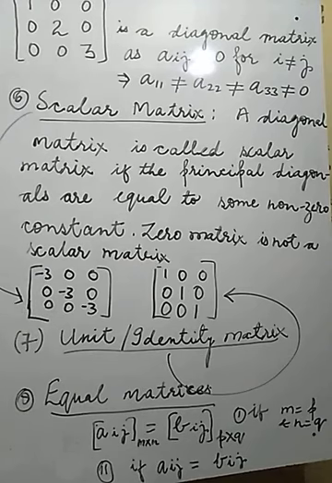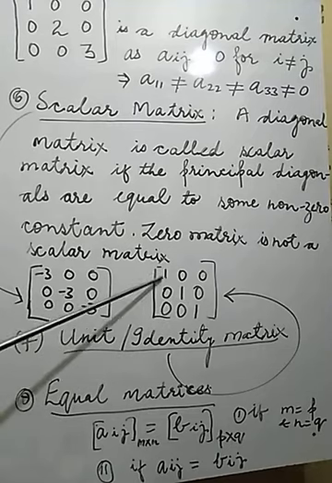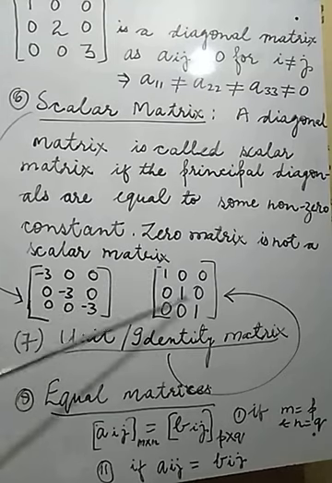Now see, now differentiate this matrix and this matrix. Do you notice any difference between this one and this one? So definitely you may observe. Here 3, 3, 3, minus 3, 3 are given, and here all are 1, 1, 1. If this type of arrangement is there, in the diagonal only 1, 1, 1, 1 is found, the name of that matrix would be changed. And what would it be called? This will be called a unit or identity matrix. Its name will be changed.